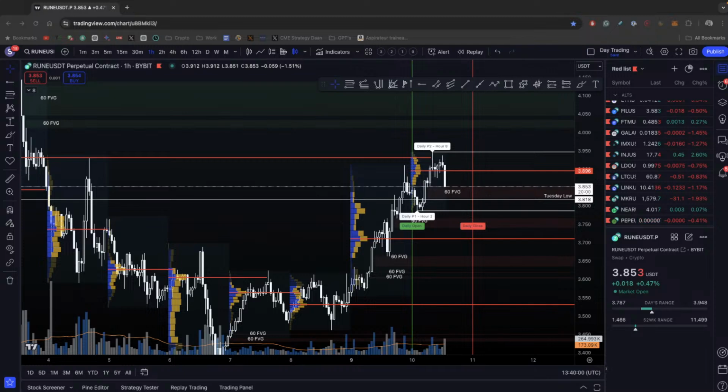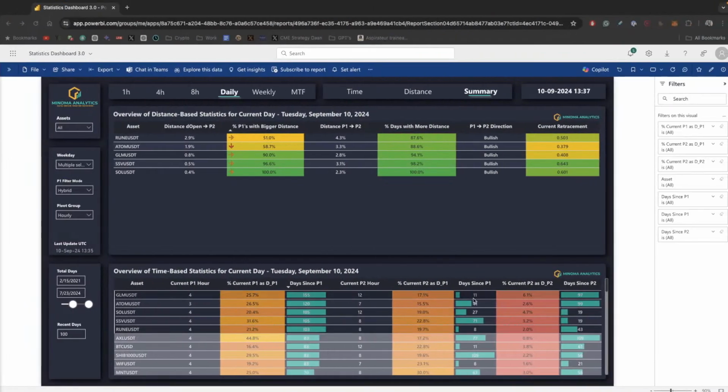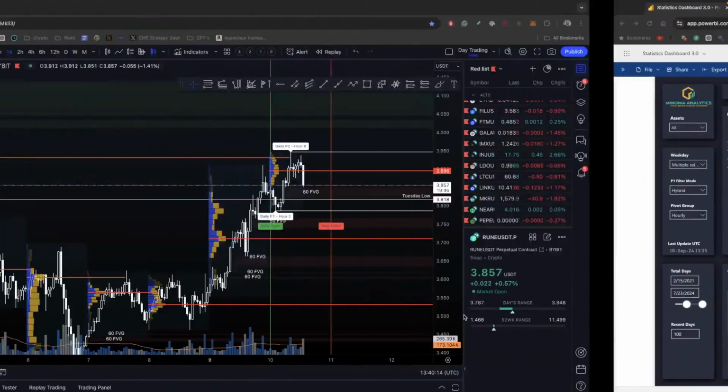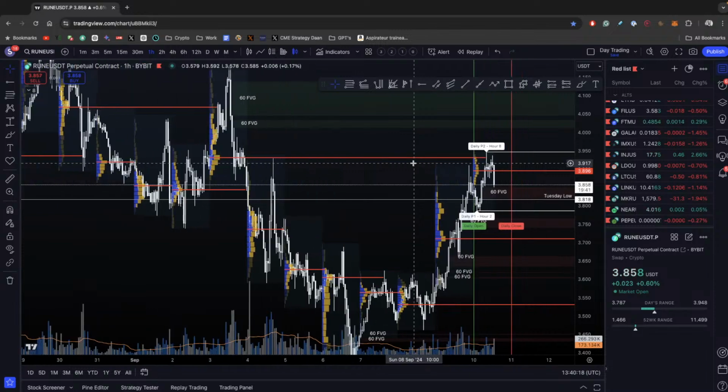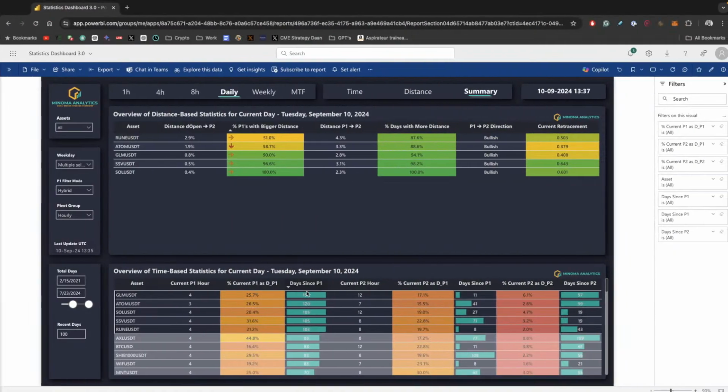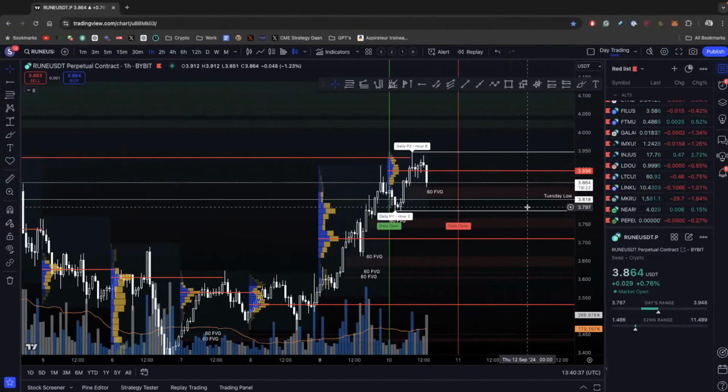Wait, I didn't see a second. Combined above, by looking at days since current P2 has been P1. Yeah, exactly. So these, what I already did, are much more favorable than these, except for maybe this one's 71 days. Been a while for SSV, whatever the hell that is. But that looks pretty good. So this is another way of using it. Yeah, I must say, I just shoved this part of the update in at the last moment, literally on the last morning, this days since P1 and days since P2, but it's so far proven to be much more valuable than I thought it would be.